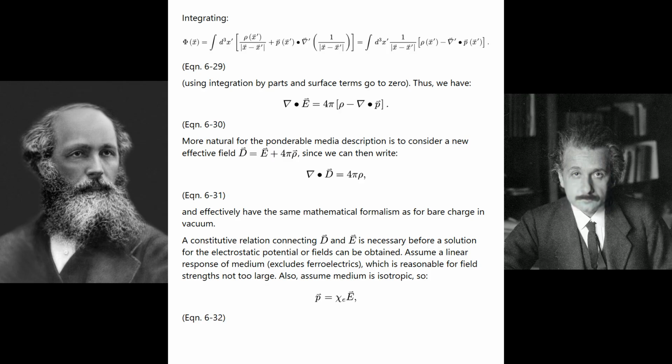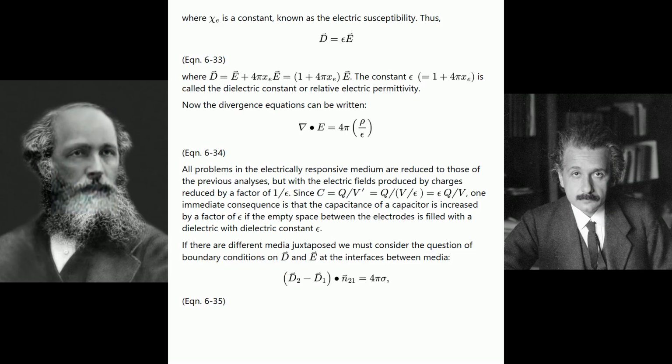Assume a linear responsive medium, which excludes ferroelectrics, reasonable for field strengths not too large. Also, assume the medium is isotropic, so P = χ_E E, Equation 6-32, where χ_E is a constant known as the electric susceptibility. Thus, Equation 6-33: D = E + 4πχ_E E = (1 + 4πχ_E) E. The constant ε = 1 + 4πχ_E is called the dielectric constant